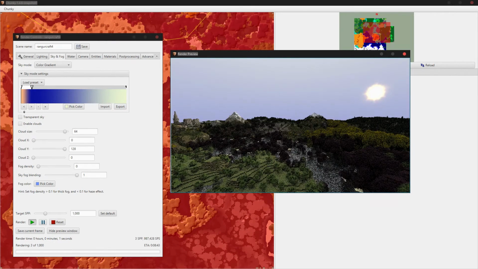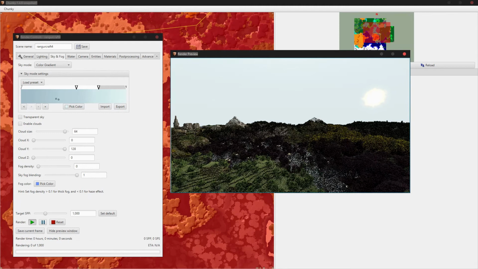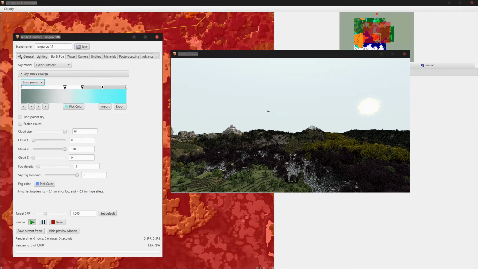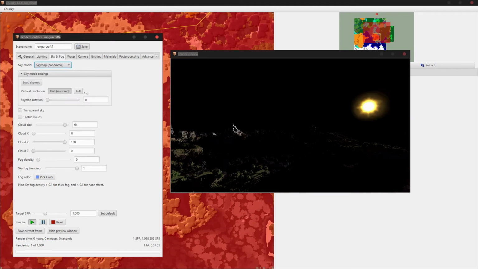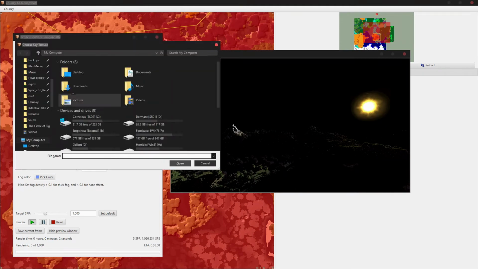There's a few. These presets are probably more than you'll ever need. I mean, most people don't even bother with anything except for sky maps. Speaking of which, so make a sky map. You just gotta find a nice panoramic picture of a sky,